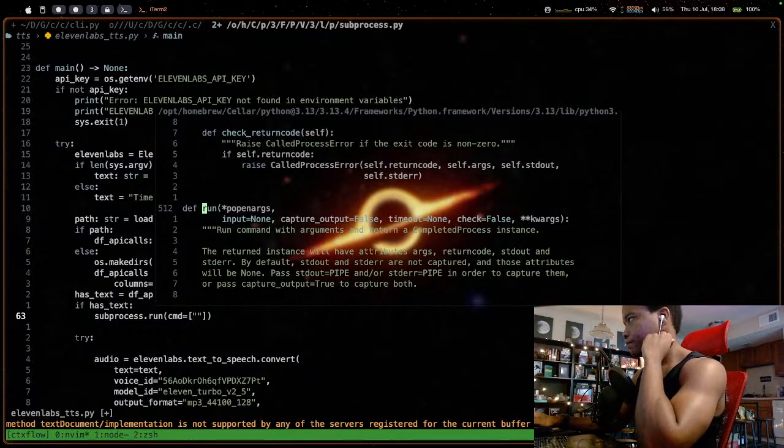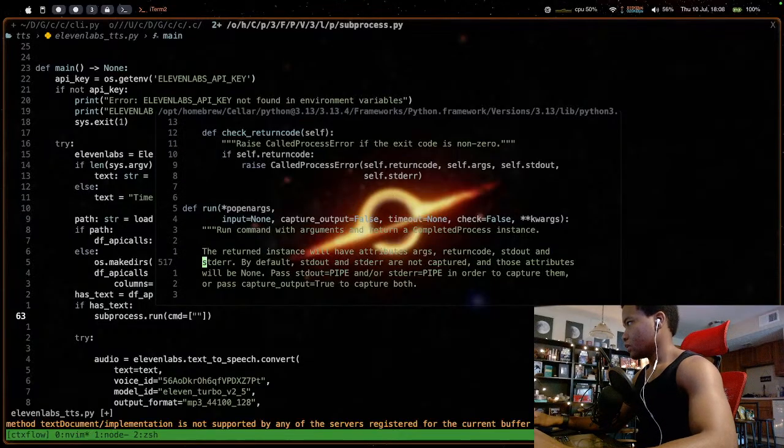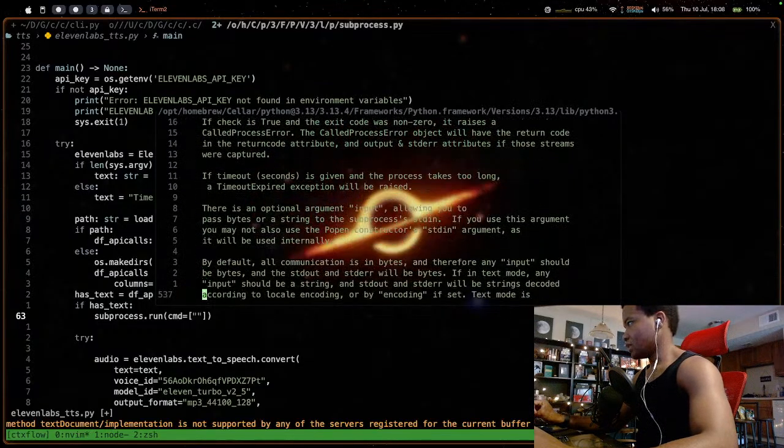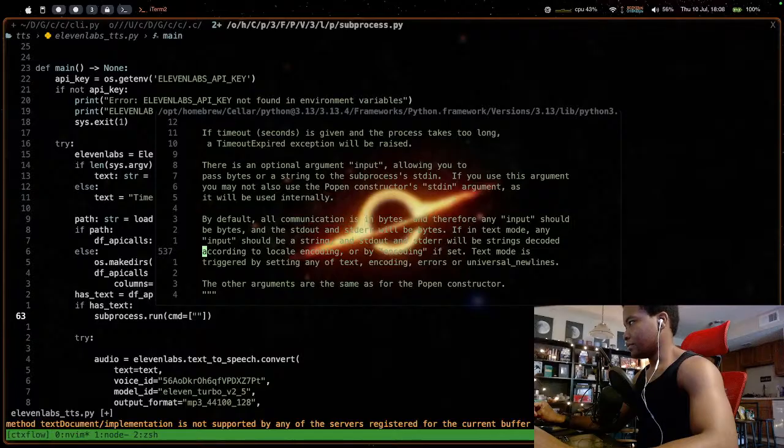Run. So input. The return instance, yada yada yada, by default in bytes.